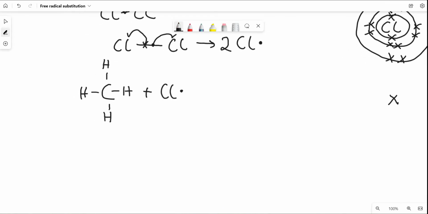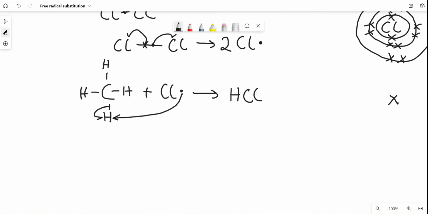And what happens is this is a reactive species. So what it does is it attacks this hydrogen, and it basically rips apart the hydrogen from the carbon, and so the hydrogen gets back its electron to form a bond with the chlorine. So it goes to HCl